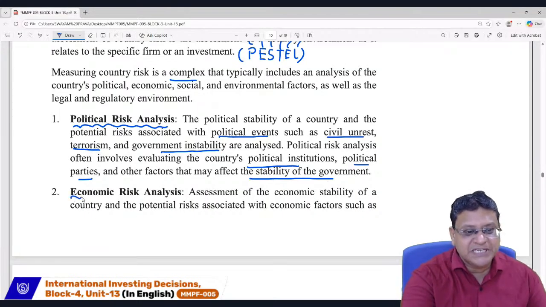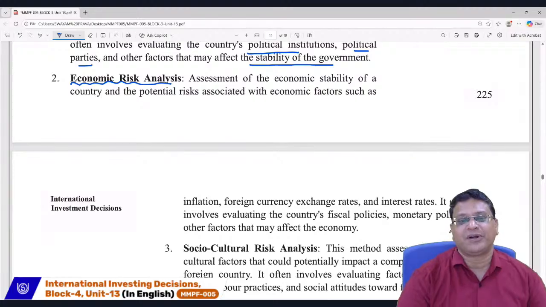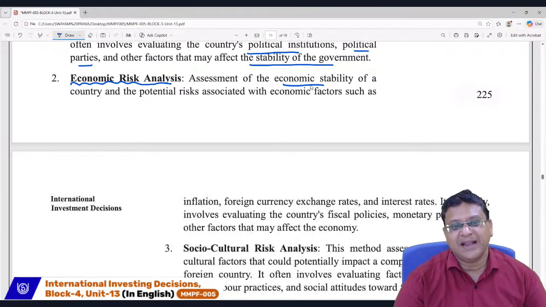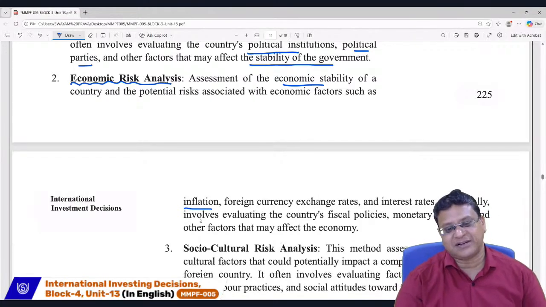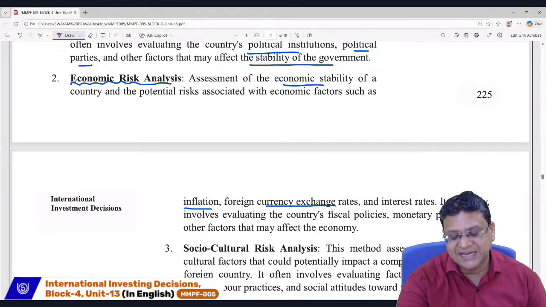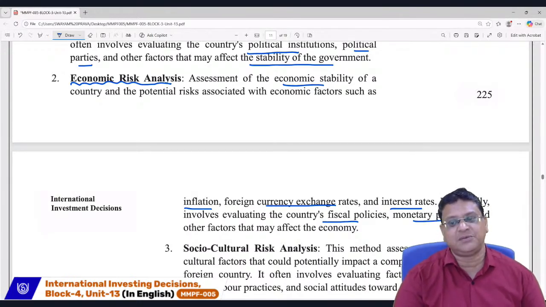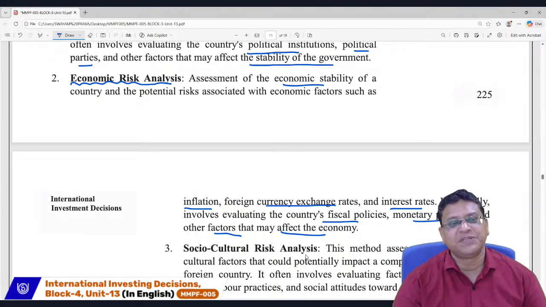Next, economic risk, E for economic in PESTEL. We have to analyze the economic stability of the country. There are many macroeconomic variables we have to consider while analyzing the economic risk. First variable may be inflation. What is the inflation rate? What is the foreign currency exchange rate? What is the exchange rate volatility in that country? What is the interest rate prevailing in that country? What are the country's fiscal policies, fiscal deficits, monetary policy, whether the country is adopting expansionary monetary policy or contractionary monetary policy, and many other factors which are necessary for analysis of the country risk,